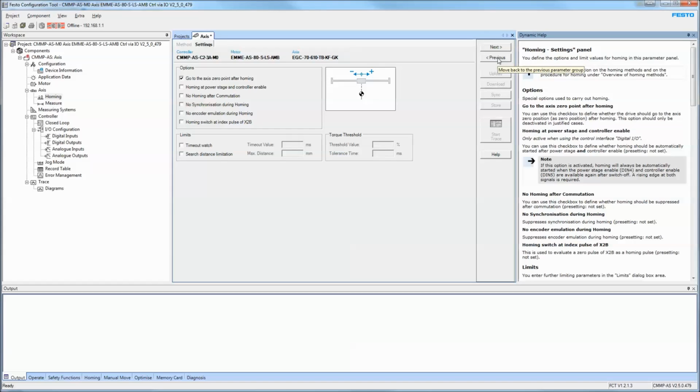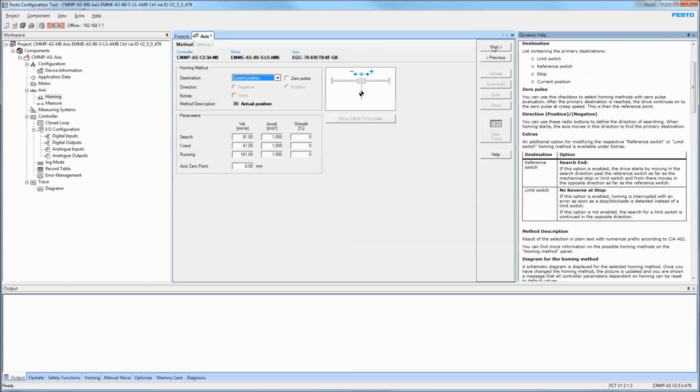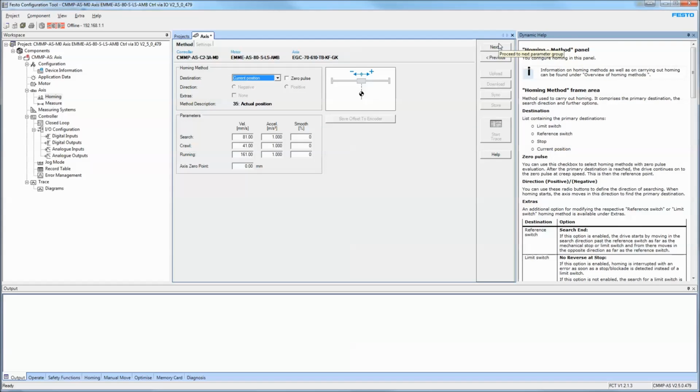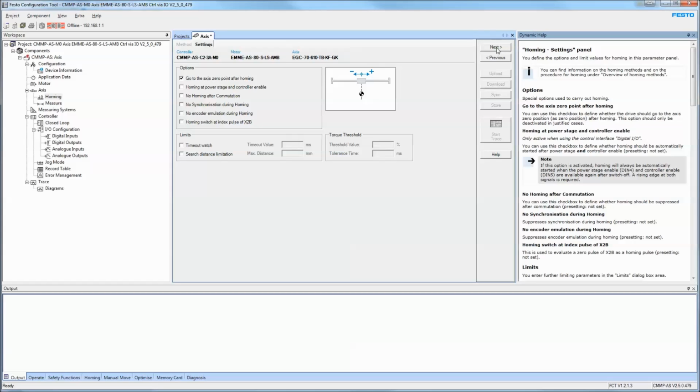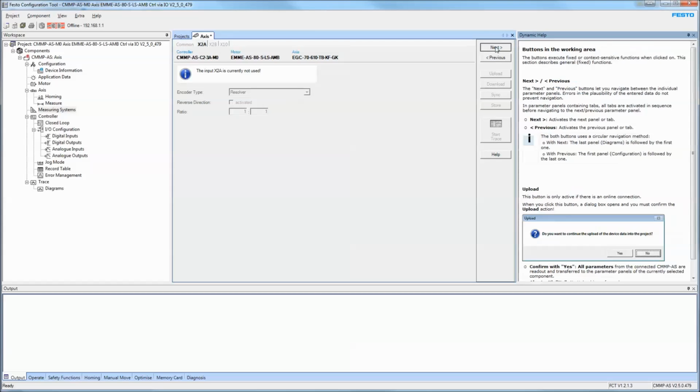If you want, every time you turn on the power stage controller enabled, it will home itself. A lot of people don't use that because you kind of want to home it when you want to. Next button. I'm going to leave this all default, so there's nothing else here to do. My axis stroke is that. My feed constant is this. And